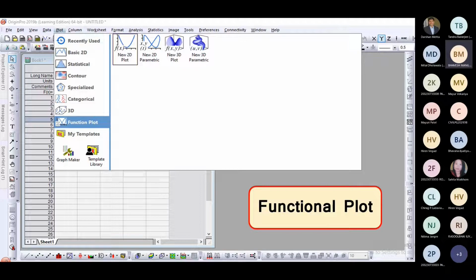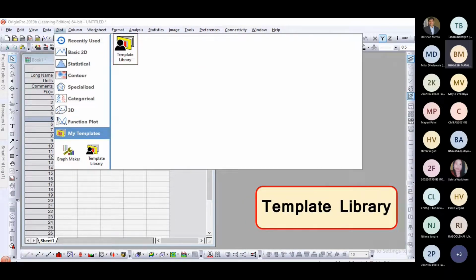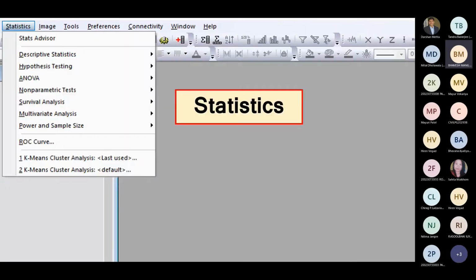As I have told you, you can prepare your own template, right? So that is the template library here. Here you can store your template and next time you can use it. You just have to change the data and your plot will be ready.